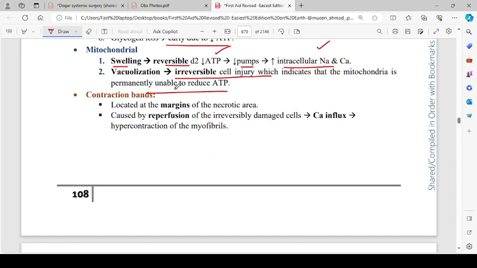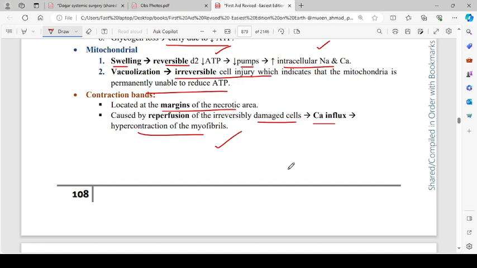Contraction bands are located at the margin of the necrotic area, caused by the reperfusion of irreversibly damaged cells. Basically, that will cause calcium influx and hypercontraction of the myocardium. The problem is that the contraction bands are located at the margins of the necrotic area, and when